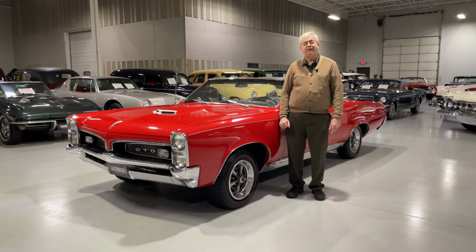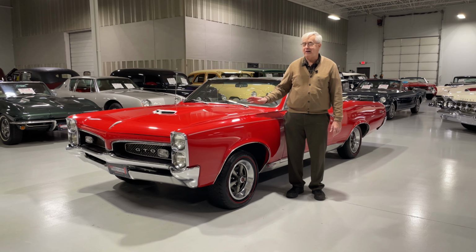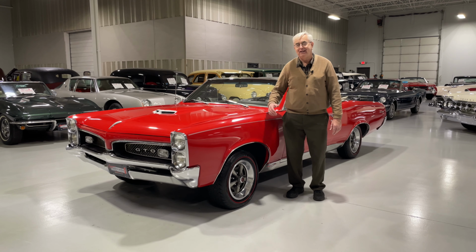Well, greetings from the sales floor of Ellingson Motorcars here in Rogers, Minnesota, suburb of Minneapolis, Minnesota. Today we're going to talk about our latest acquisition, of course, a 1967 GTO, and it's a convertible to boot. I mean, talk about a car of our dreams for us muscle car guys. Convertibles are just a thing to have nowadays because we all dreamed about them in our youth when